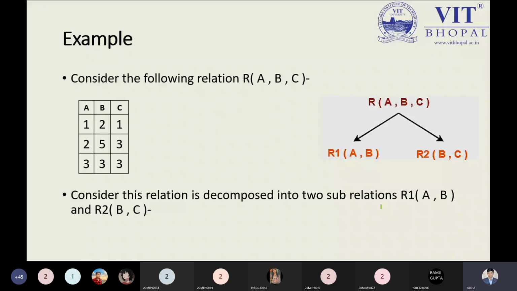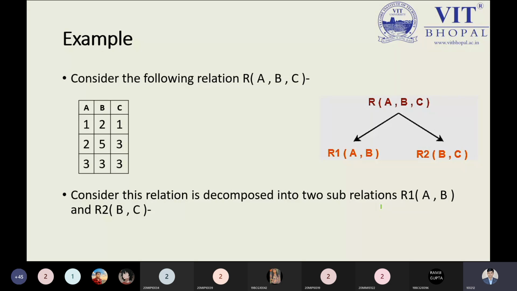Now we have another example. I'm telling you all once again, please focus on the example properly. In the GATE examination or any other competitive examination, people will not give this kind of example, student name and faculty, or product and customer. For simplification, they will give only attribute names A, B, C, D, X, Y, Z, and values like 1, 2, 3. So I am also having this example to explain the lossless decomposition.